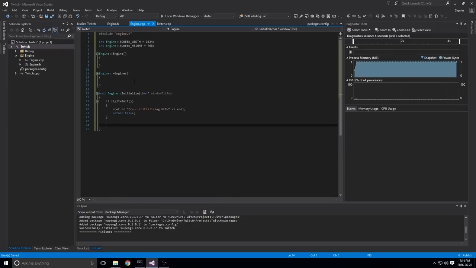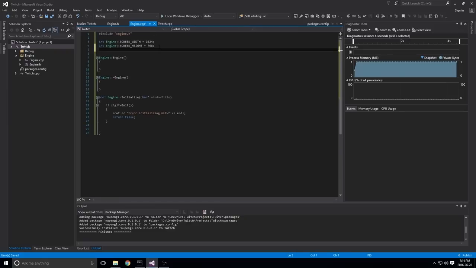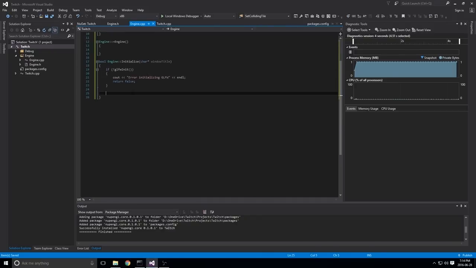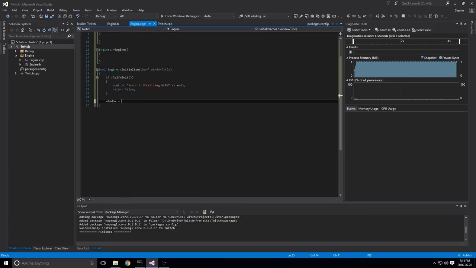So when we go back here, actually, so if it's static, we got to set it up here. So we can just do that by just saying GLFW window pointer engine window equals null for now. Since it's a pointer, we can just set it equal to null until we actually want to do something with it. So down here, we want to create our window, and GLFW has a very simple method for us to use. So we'll go window equals, and I think it's GLFW create window.